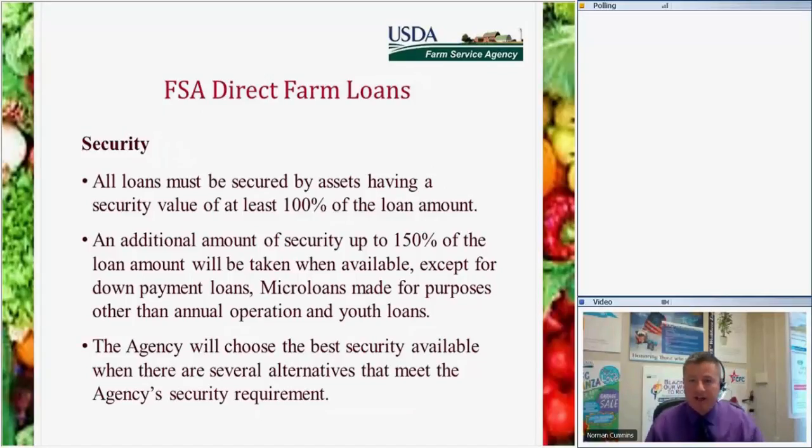We steer clear of anything that's not associated with the farm unless you're really getting into big operations, and somehow the only way you can cover it is by using your personal property or your house. We stay clear of that. We like to use what you use for the farm. So something to think about, but don't fret if you're a startup operation, because we can take a look at your crops. Kind of like the container operation, we use the equipment. But just realize we're going to use the term of the actual security for how long we can go out in the loan, which for these would be only 7 years anyways.